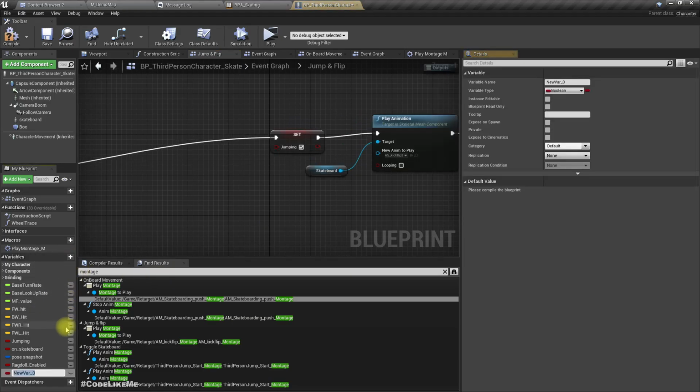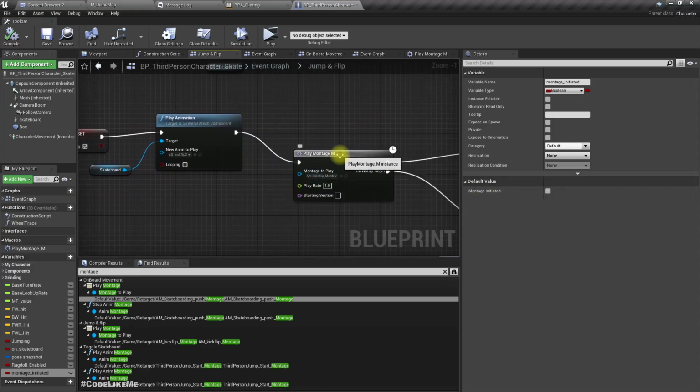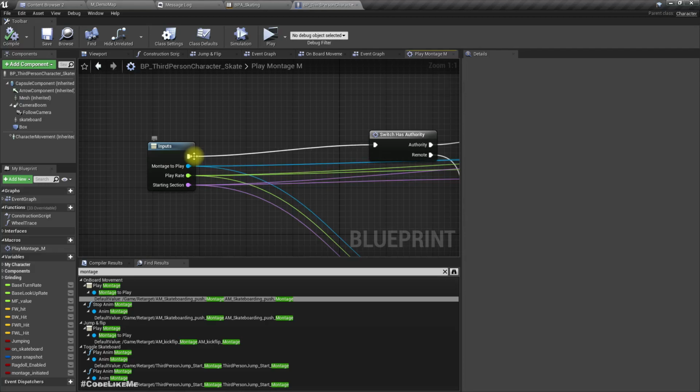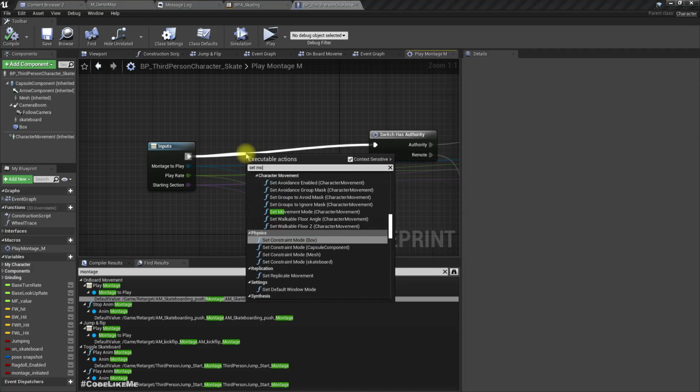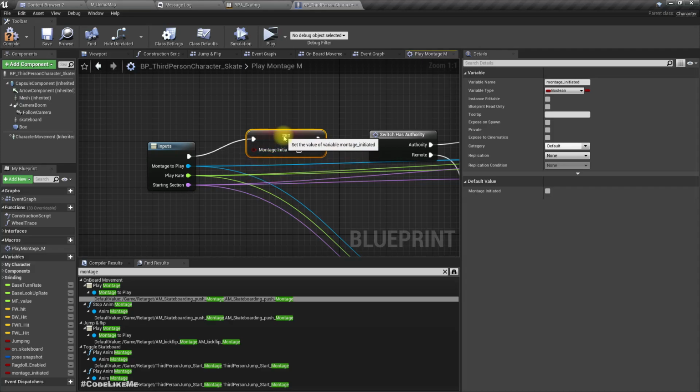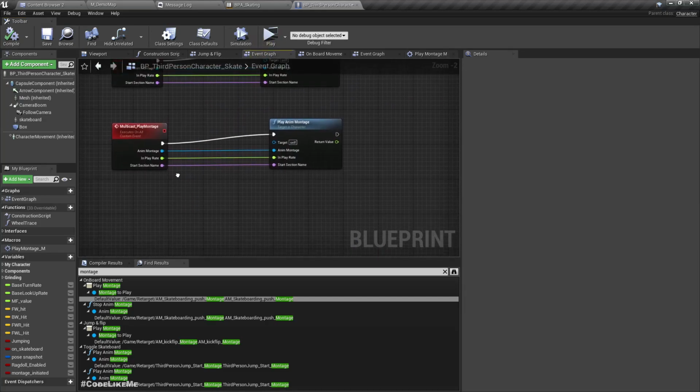Okay, let's add a new variable. Let's call it montage initiated. Right, by default it should be false. Now in here I'll set montage initiated to true. Now in the event graph I'll set